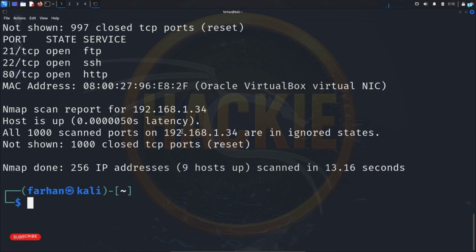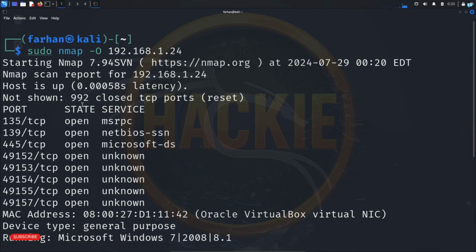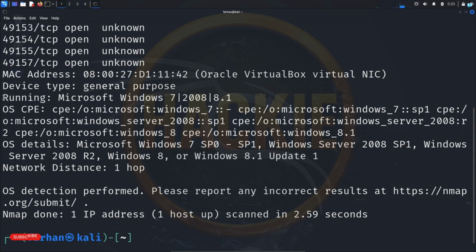In a real pen testing environment, you do not have to play this guessing game. You can know exactly which operating system is running. So type the command sudo nmap -O. It is for operating system, followed by the IP address that you want to know the operating system of. I want to know the operating system of the server with the IP address 192.168.1.24, and after the scanning has been completed, I can see that the server is running Microsoft Windows 7. It predicted that it might be running 2008 or 8.1/2012, but in general, I understand this is a Microsoft Windows